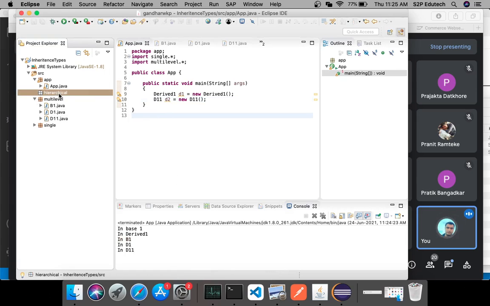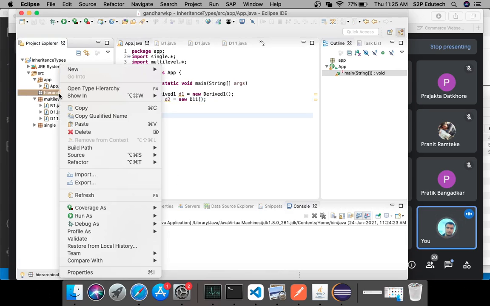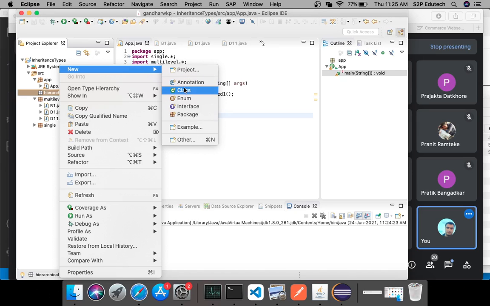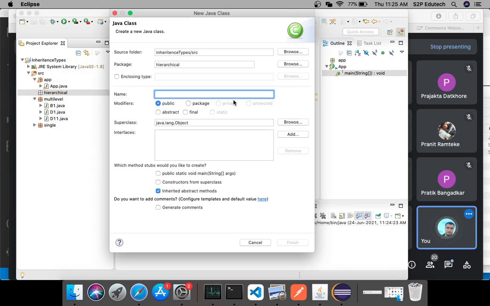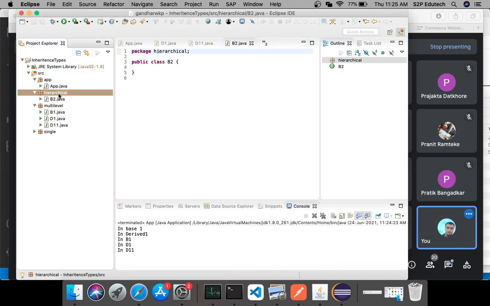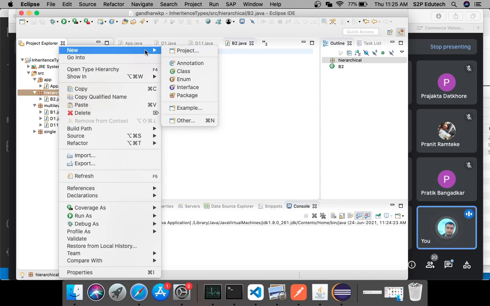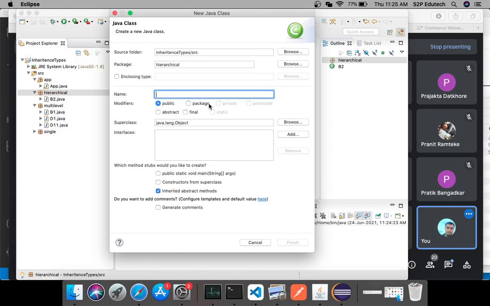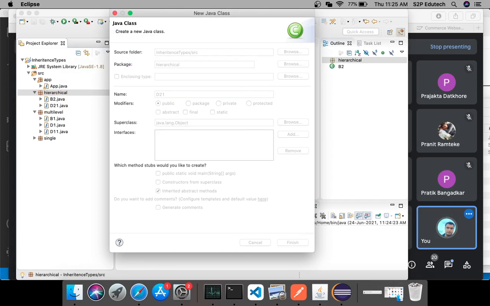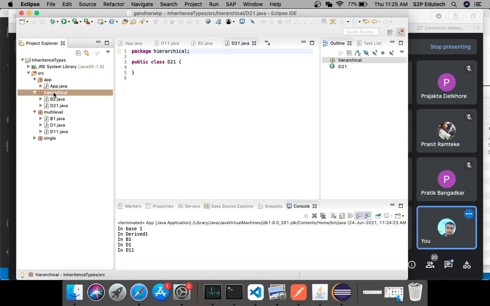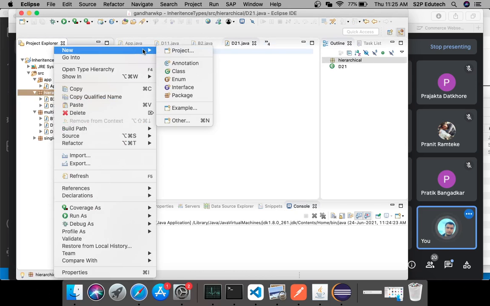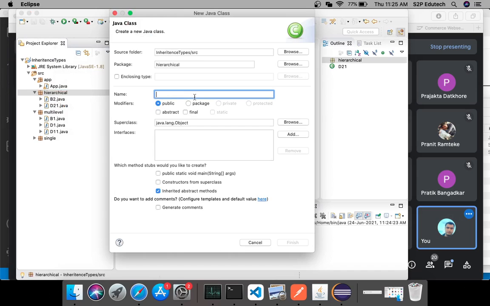Now let's look at hierarchical inheritance. I'll create a class, I'll call it say B2. Then I'll have another class, I'll call it D21. And I'll have another class, I'll call it D22.